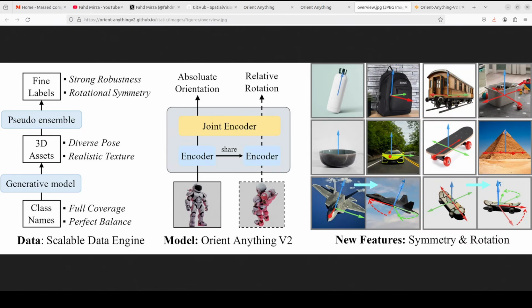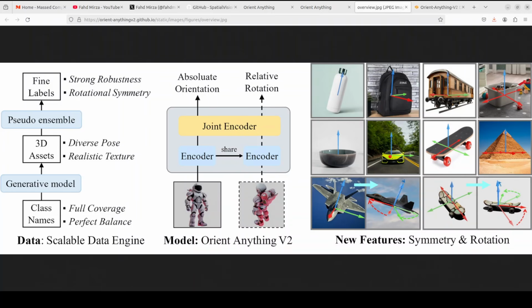If you look at its architecture, it is also very interesting. It is using a transformer-based architecture built on DINOv2 as its visual encoder, processing either single or paired images. For training data, the researchers created around 600,000 synthetic 3D assets using other models, and then from there, the key innovation is a symmetry-aware distribution, which means a learning objective that predicts a periodic probability distribution across azimuth angles, which I just showed you, that allows the model to output 0 to n valid front faces based on an object's